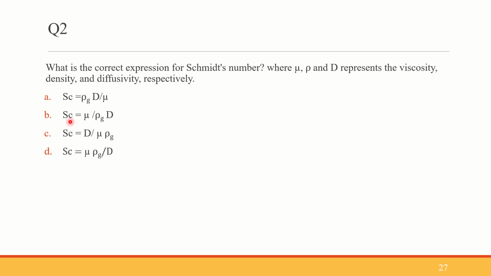The answer is actually kg per meter cube into meter square per second. Option B is the right answer. Schmidt number is equal to mu by rho D. So one way to approach this is you should actually remember all the dimensionless numbers and their formula and